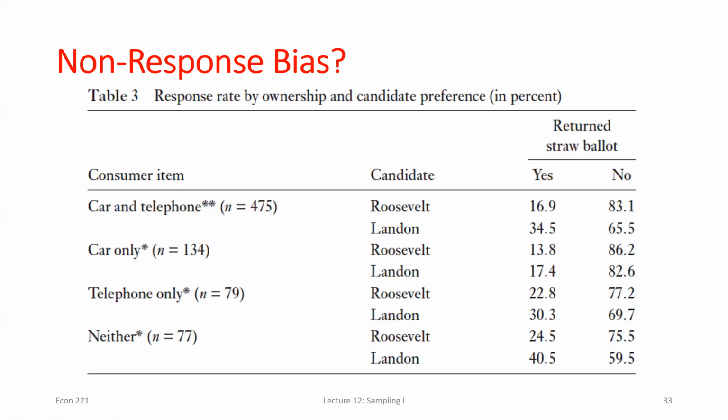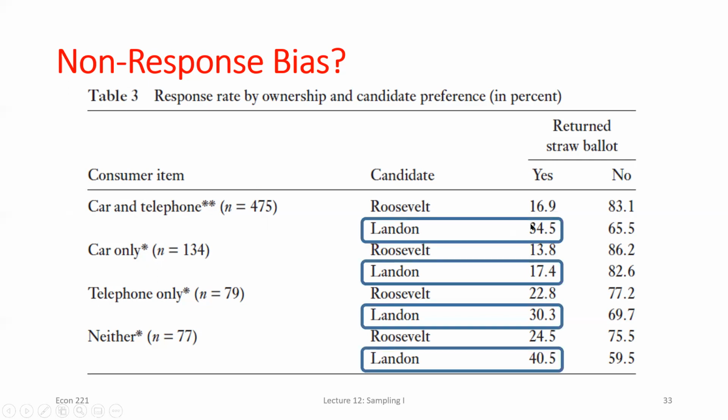So these 2,300 people, I think they limited it to smaller sizes because, if I remember right, before they contacted them, they sent them some type of a mailer to respond to. So they could get an idea about what the response behavior was of these different people in these different categories. And after they sent the mailer, that's when they actually went and got them to be part of their survey, asked them who they actually voted for in the 1936 election, and their car and telephone ownership. So what they found was people who had a car and telephone in 1936, when they sent these mailers to them in, whatever, the late 80s or whatever year it was, that, before I do that,